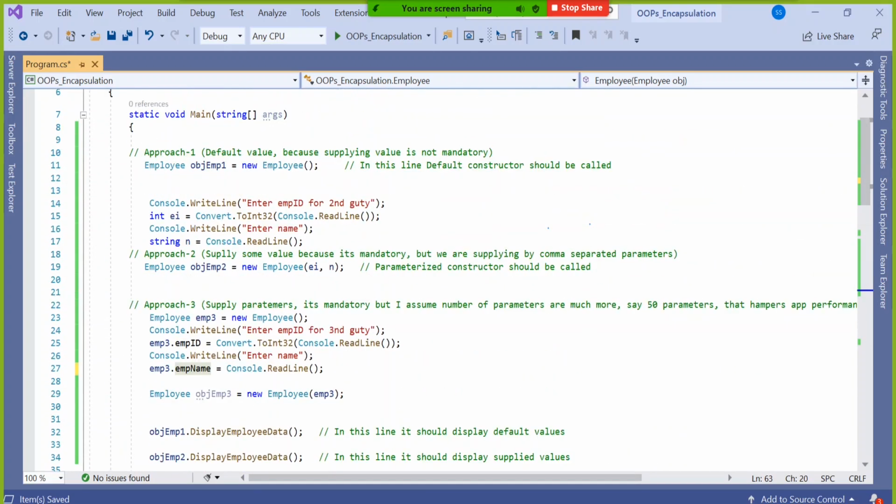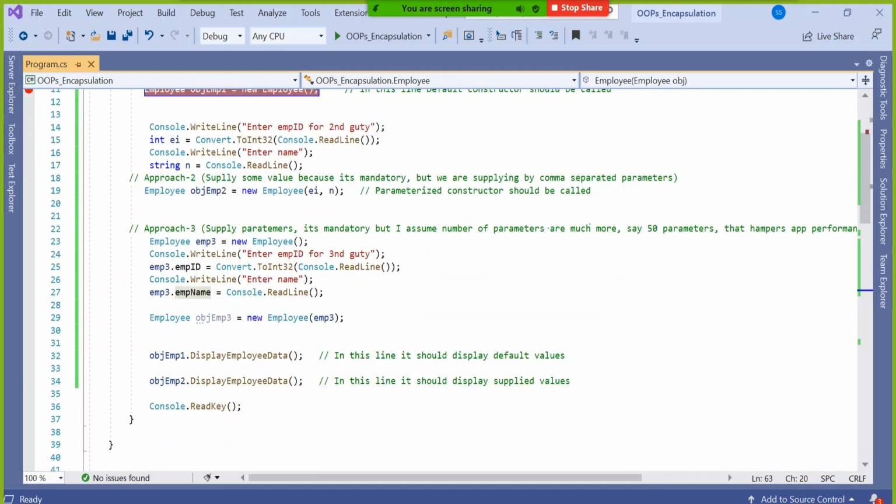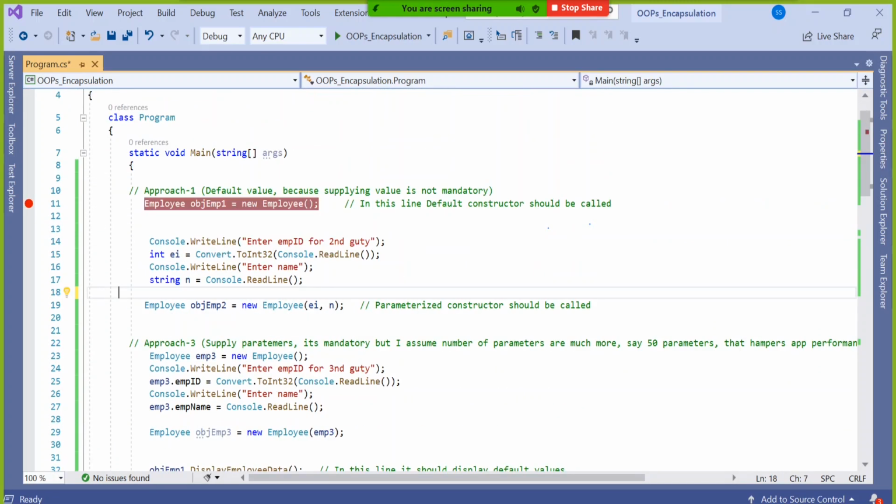So if you put a breakpoint here, now you can see who is going where, approach number 1, approach number 2 and approach number 3. So why not I write this approach number 2 heading here.